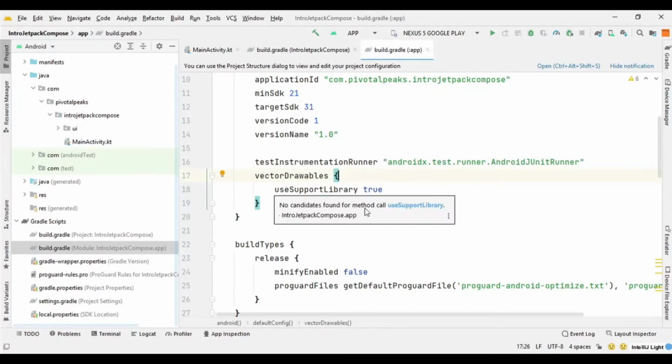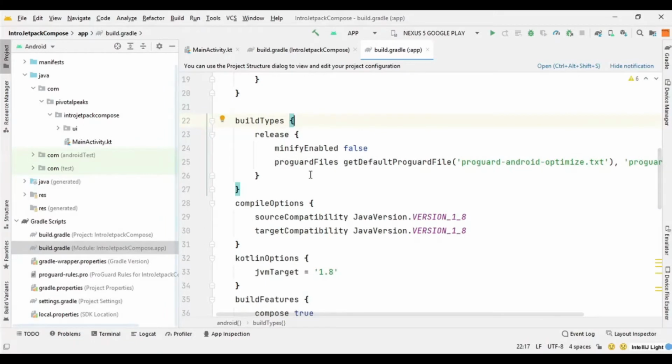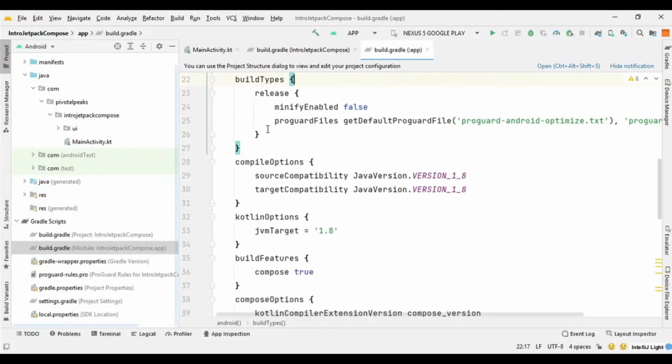And here we have build types. Again, this does not concern us too much because we are not going to release or publish an app on Google Play. And this is compile options.